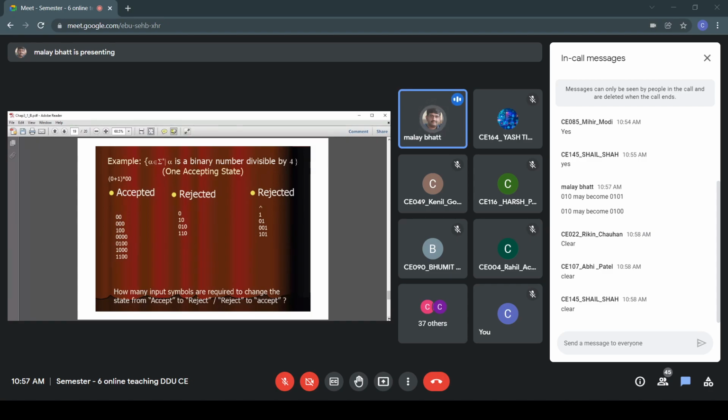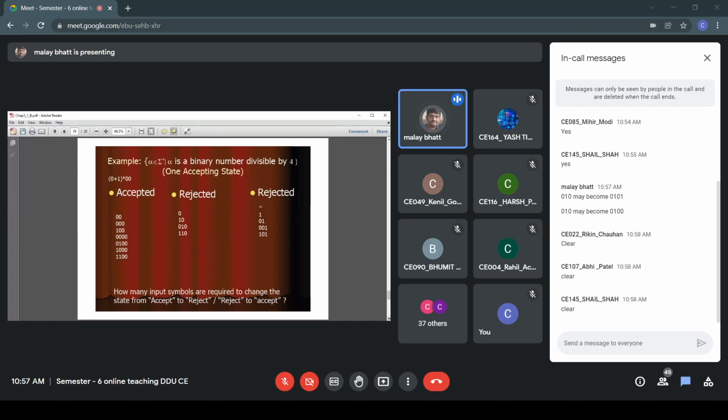From null on 0 will go to the middle state. When we get two 0s, it will go to acceptance. So from null we have completed both the arrows, 0 to the middle state and 1 to the self loop. Now from the middle state, if it is 0, it will go to the accept state. If it is 1, it will go back to the null state. That is how we complete the two outgoing arrows from the middle state.